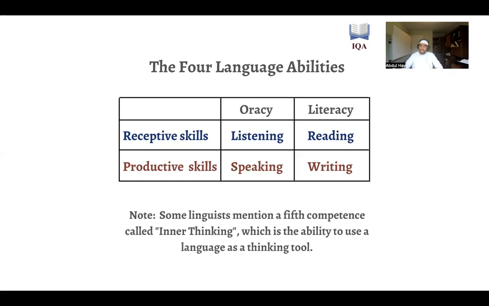They have their heritage language, which is most likely the immigrant language that they learn from their parents, whether it be Urdu or Somali. Then they have the language that they use in the country that they live in, whether it be French or English, or they're living in the UK or whatever the case may be. So the question is, this person that knows two different languages, does this person use those two different languages the